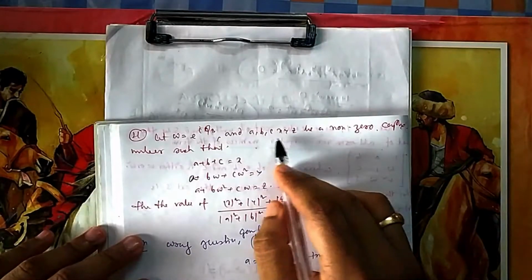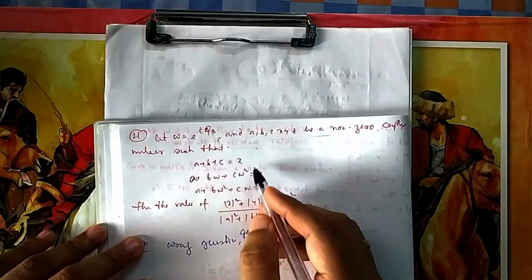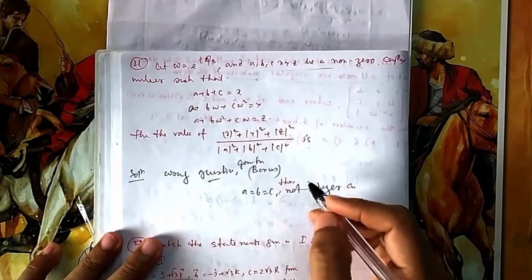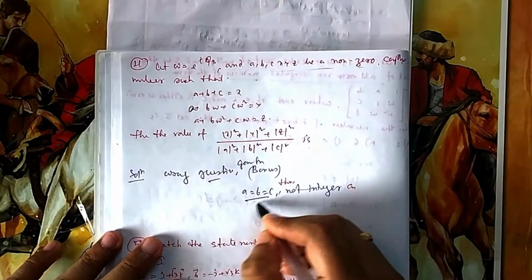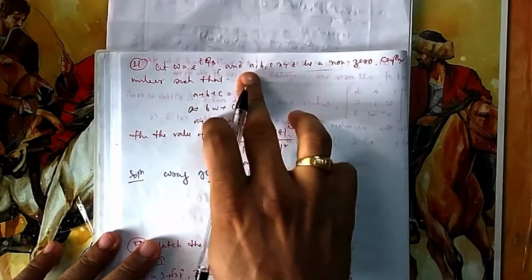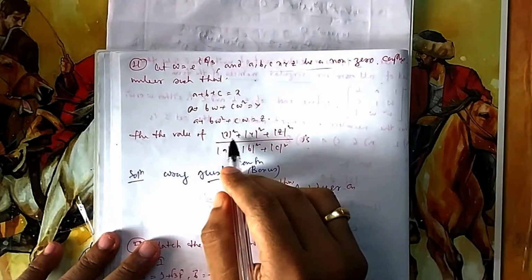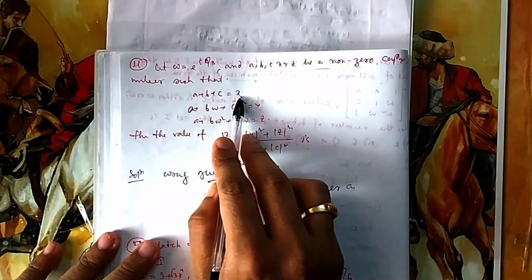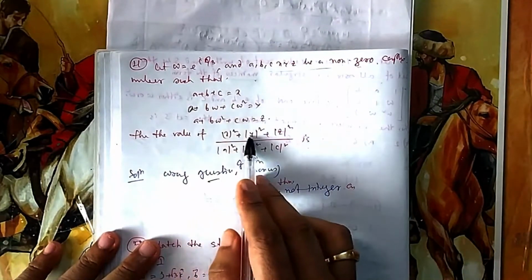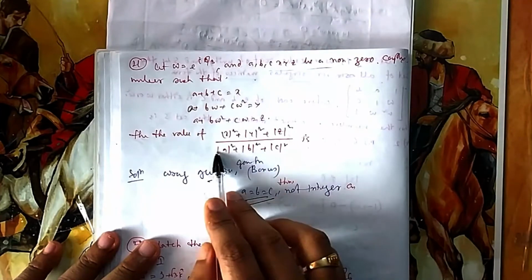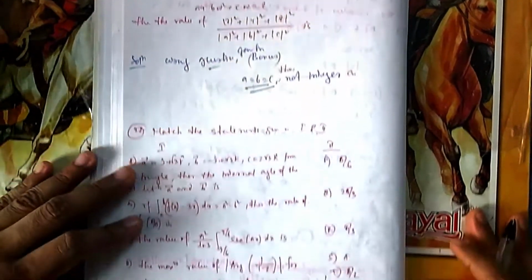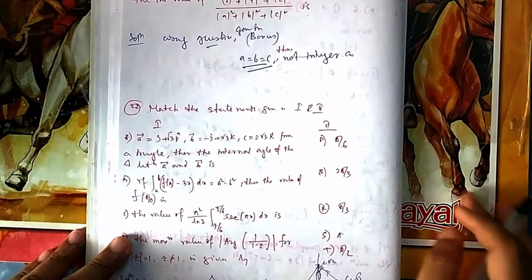Now 21, if you see this one, A, B, C is a non-zero complex number such that this is given, then the value of this one was of integer type, but it was a wrong question, so bonus marks were given that year. Because if you put A equal to B equal to C, then you will find its answer is 1 by 3, it is not an integer. They have not given that A, B, C are not equal. So if you put A equal to B equal to C, then X equals A by 3, and this will be 0, 1 plus this will be 0. So this YZ will be 0, this will be 3A square, and this will be divided by 6, so you will find a fraction there. So that's why it was not a proper question, it was a wrong question.